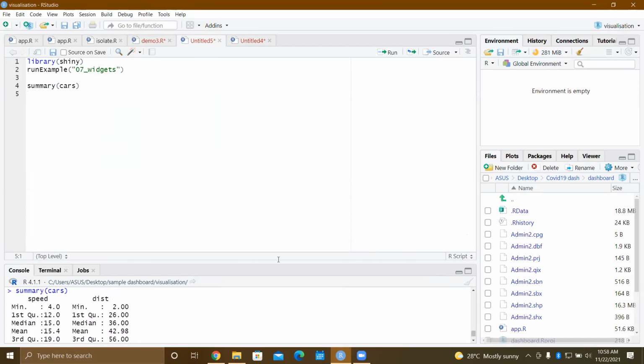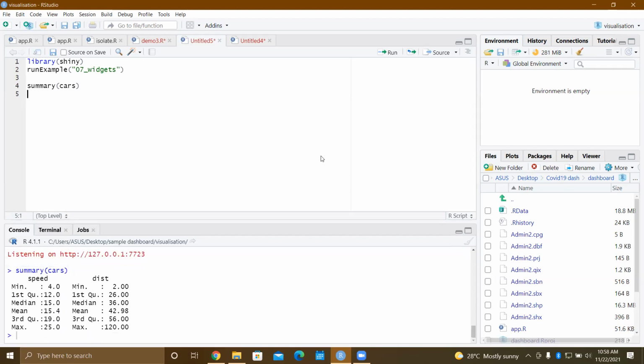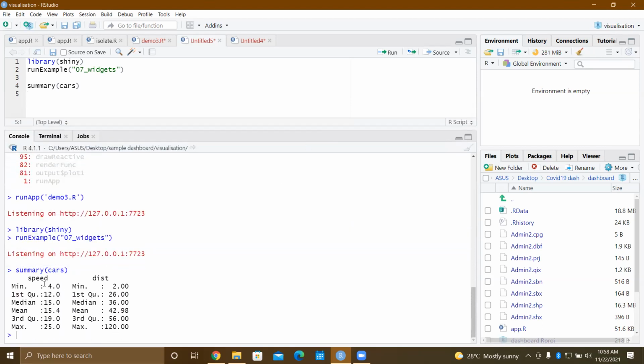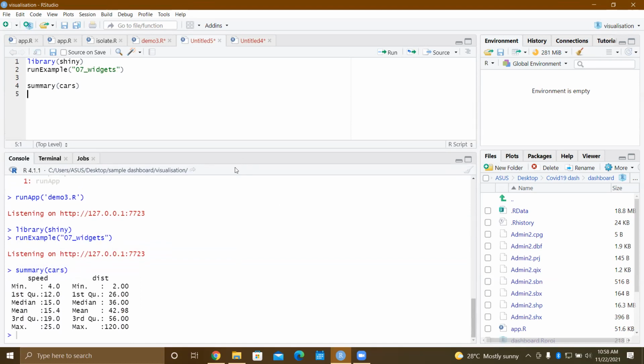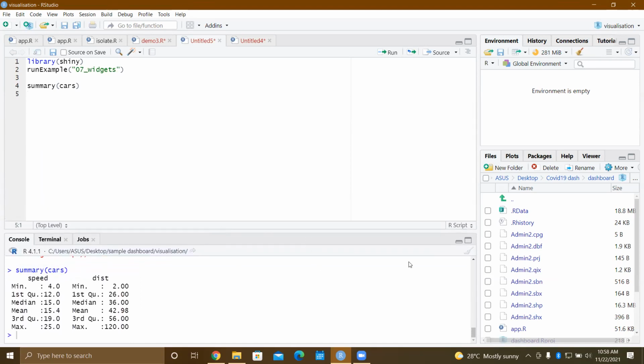This is the output which you get, and we need to print it as it is, so we will use render print. There are many render functions, a lot of them. You can just Google them and learn on your own. Those are very intuitive things, not very tough.